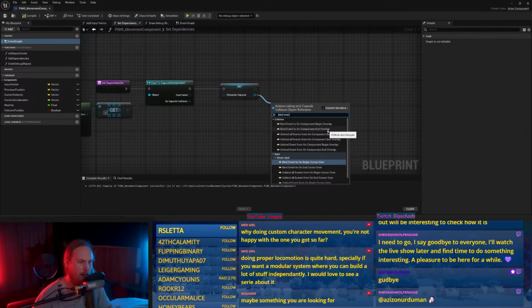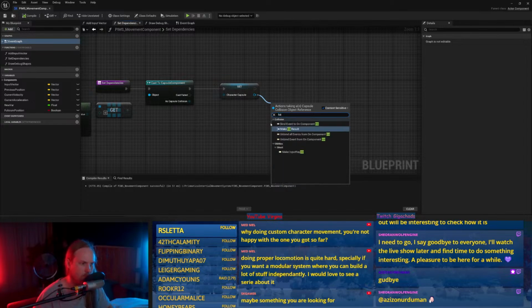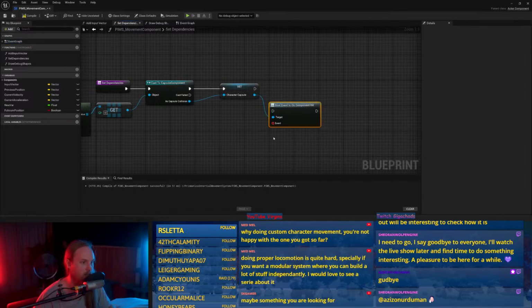Collision component, get overlap, edge overlap. Okay, can you get a hit event? Bind to component hit, because we could set that to be a probe. So then it does... yeah, actually, that's probably what I'd do.